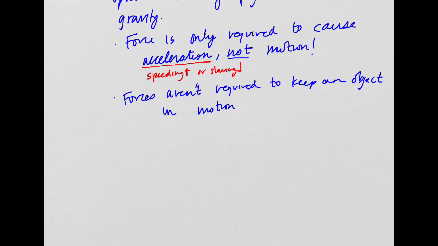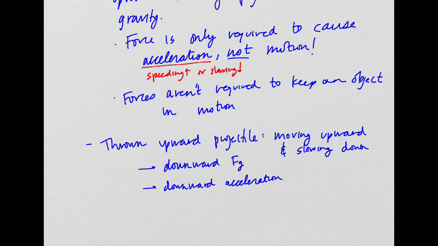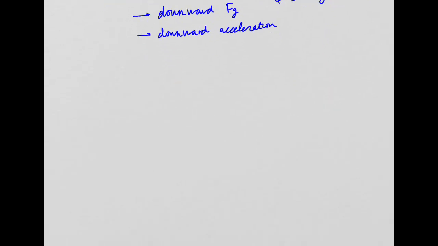So in the case of our projectile that's moving up, there's a downward force and there's a downward acceleration because of that. So the object is moving upward and slowing down. So the reason I'm beating the dead horse on this is because we're going to look at this picture here of a cannon shooting a cannonball. Okay, so